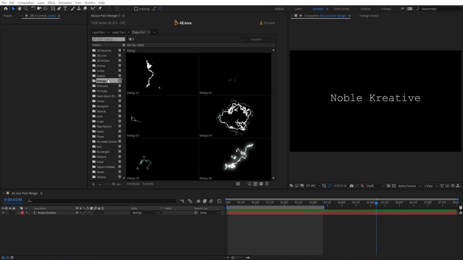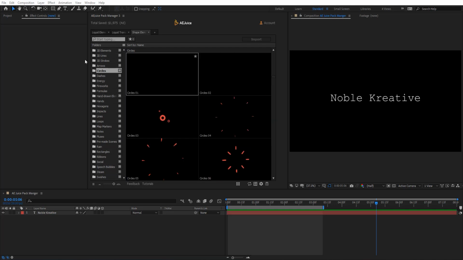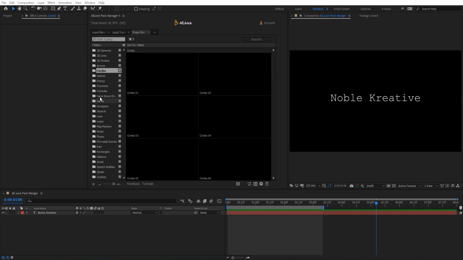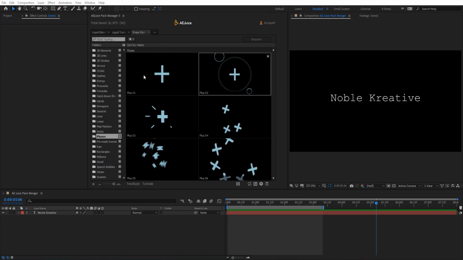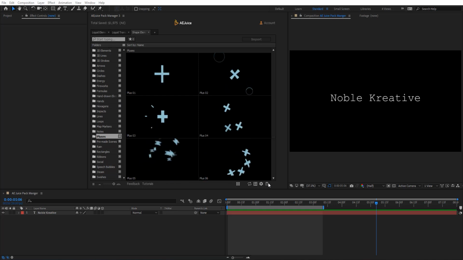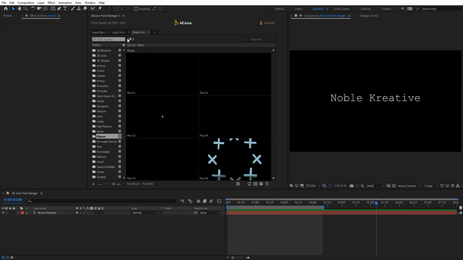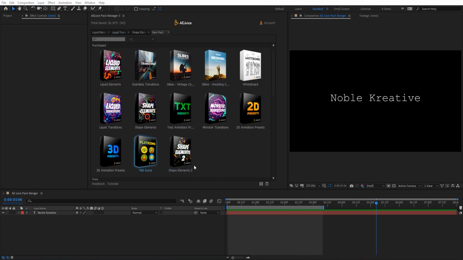So basically, you got different stuff in each pack, which can be useful depending on the job you are doing or the kind of motion graphics you use in your project. And also here we got the same settings. We can change styles for this pack as well.